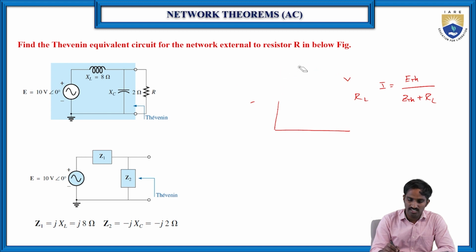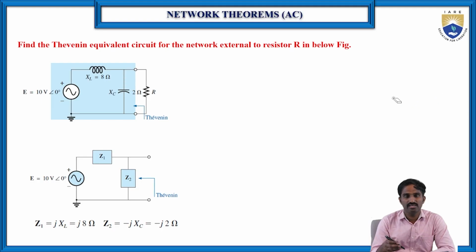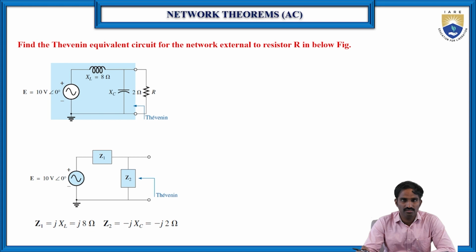For these AC networks, instead of representing the capacitive reactance and the inductive reactance, here we are replacing them with Z1 and Z2. Anyway, first there are two conditions. First we need to find the Thevenin's voltage, and then after that the Thevenin's resistance. To find the Thevenin's voltage, first we have to find